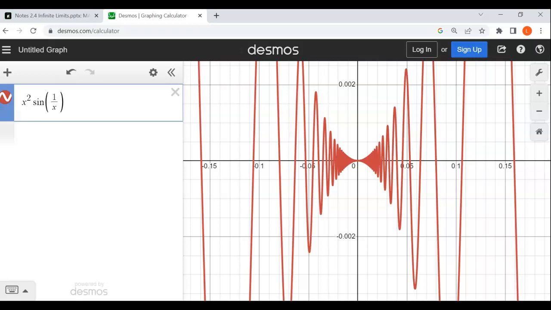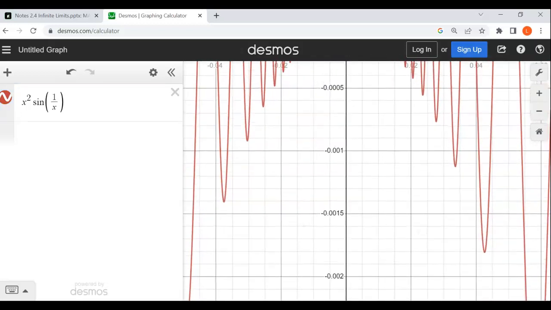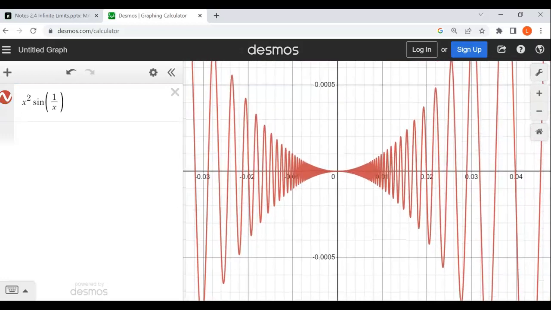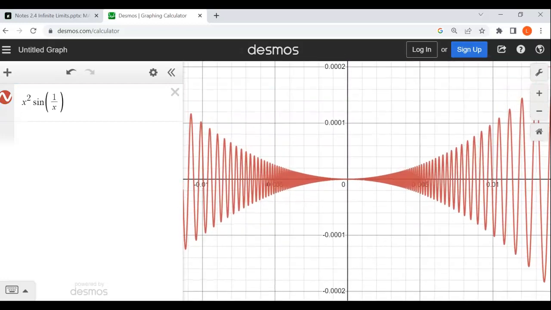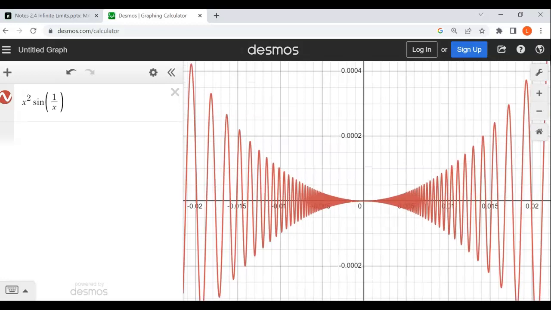So as you approach from the right, as you approach from the left, and if I zoom in even further, you can see it's getting to 0, right? Sine curves give you the most fascinating pictures. If you start manipulating trig graphs, you get some really cool pictures. Anyway,